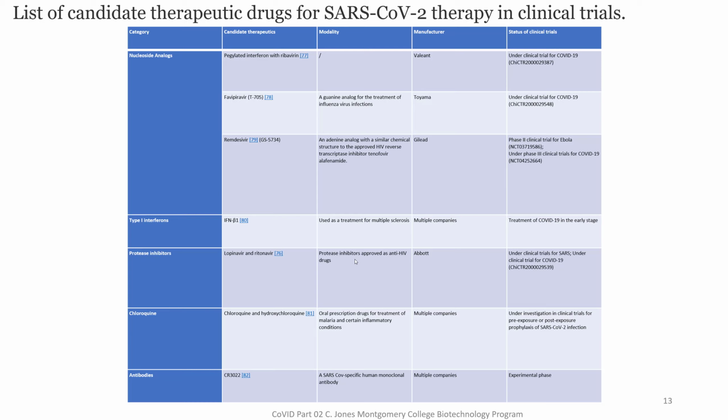Protease inhibitors have been tried because they were successful as anti-HIV drugs, because when COVID makes its protein, right, initially when it reads that RNA to make a protein, all of the proteins are connected one to another and they need to be chopped apart in order for the virus particle to form. The protease inhibitors inhibit or block those proteins from being chopped apart. So it gets stuck in that phase.